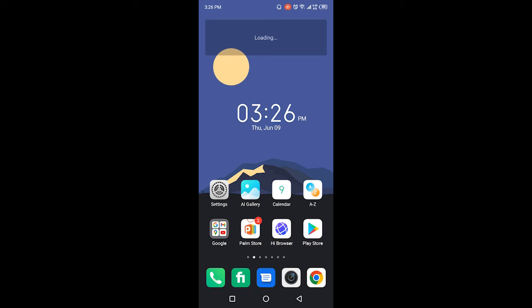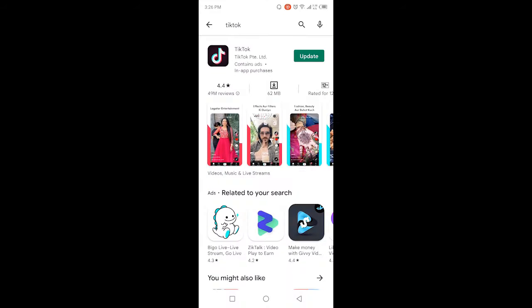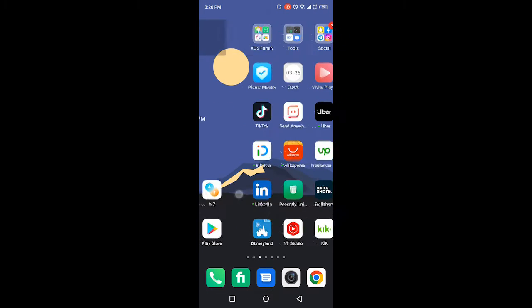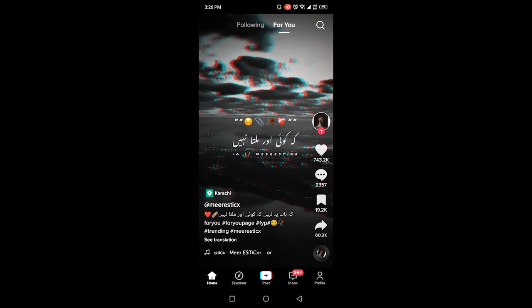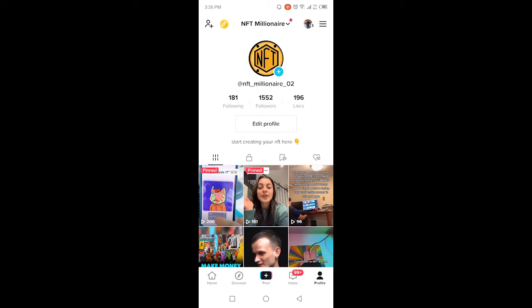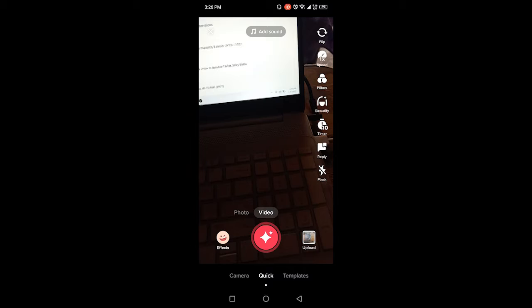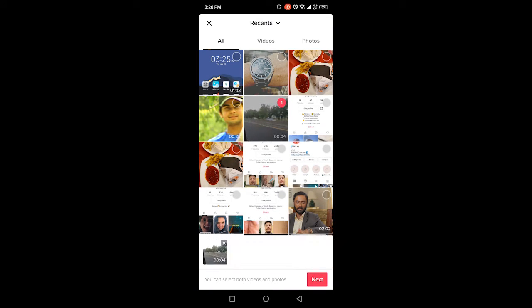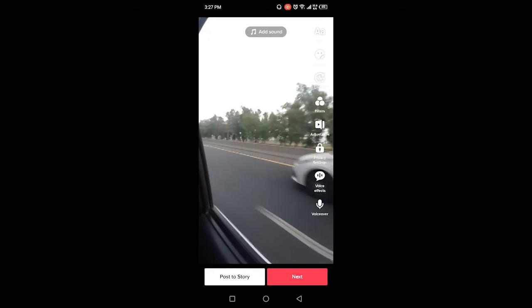The first step that you need to follow is to open Play Store, search for TikTok, and update your TikTok application. Once you complete that, you simply need to open TikTok, click on your profile in the bottom right corner, and then click on the plus icon. Here you need to select uploads and select a video, and then click on next and post to